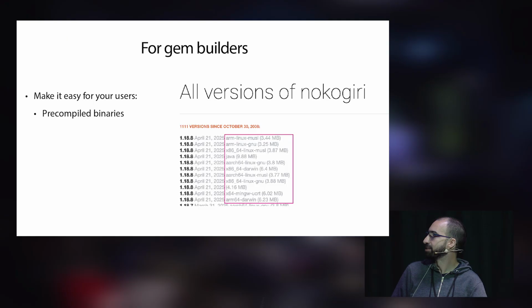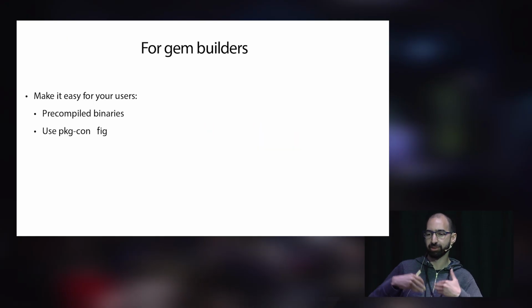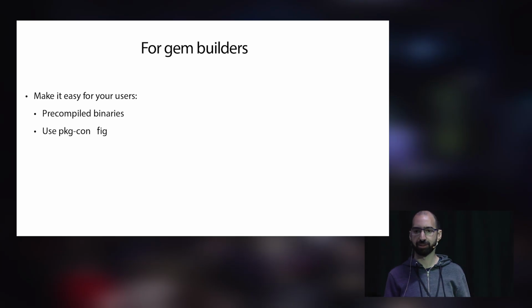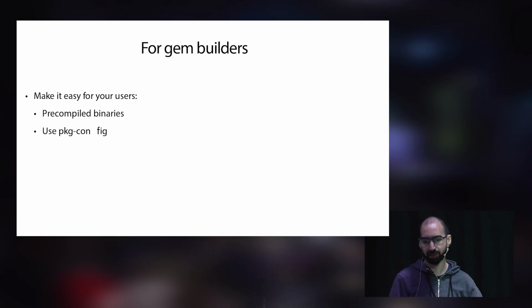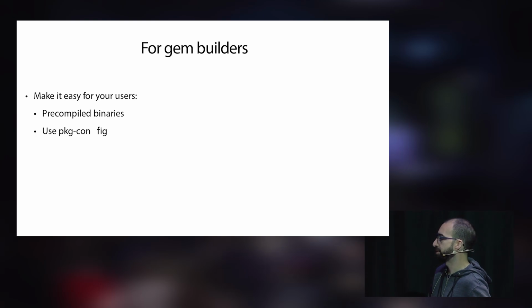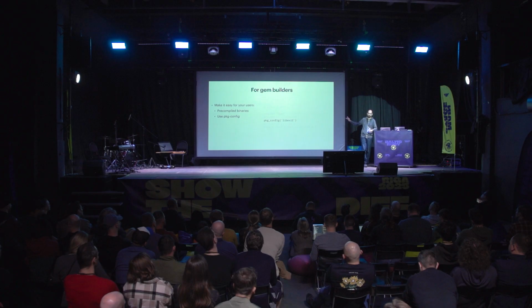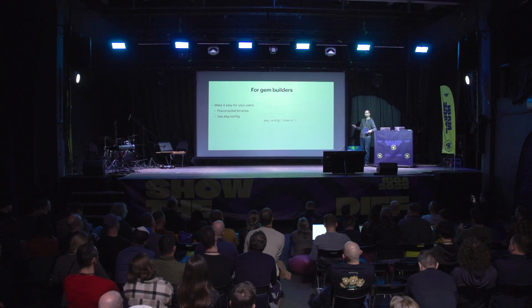Another thing is, if you don't want to take all the burden of compiling everything for all the architectures, you can use package config. If you have a native extension, you can add this line that we saw in libexif, and if the installer has package config configured and installed, then it will just work, because in the DSL there's a way to abstract this away. It's only this one line, but